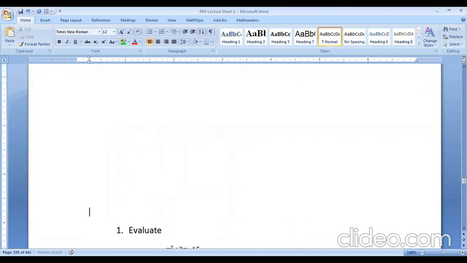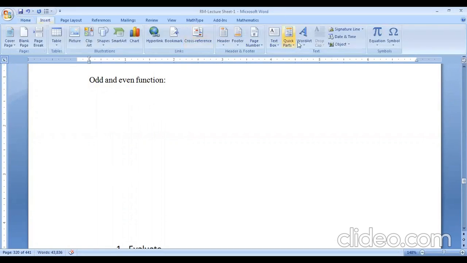Let y equals f of x. Y equals what? Suppose we have y equals to